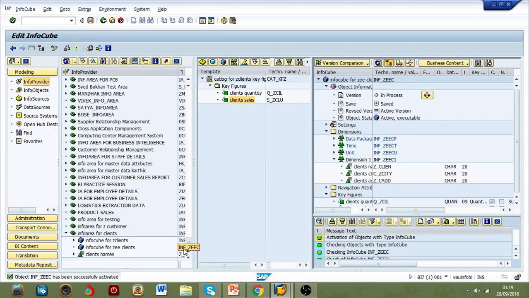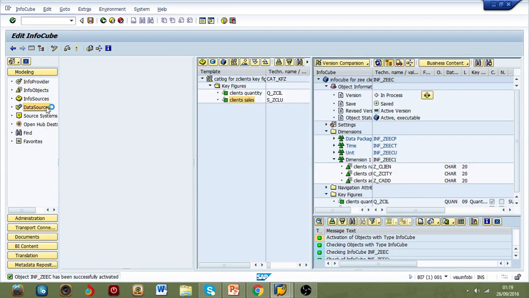This video is especially for the beginners, so that's why I'm just going through the basics to understand. The students who just started SAP BI, this video is suitable for them. So after creating my INFOCUBE, now I have to do transformation. So I'll go back to the data source which I have created